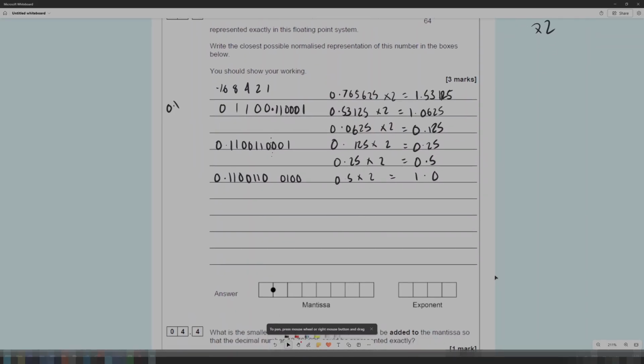So if we move this up a bit, we'll write this in. So 0, 1, 1, 0, 0, 1, 1, 0. Exponent 0, 1, 0, 0. Okay, so there's a follow-up question here saying,